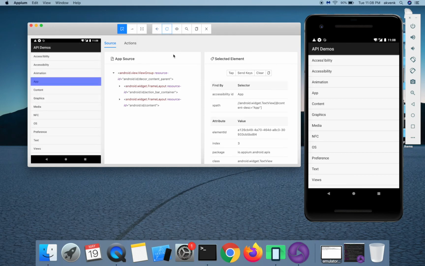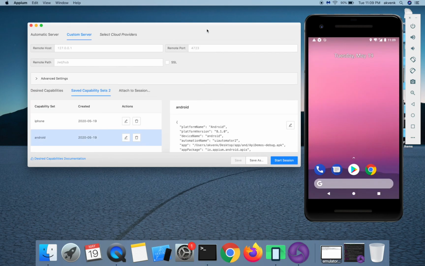And this is a record option which we will be covering in the next session. This is a search for element option, and the final one is quit session. If you tap on this, it is going to quit the app and then end the session of the Appium inspector.